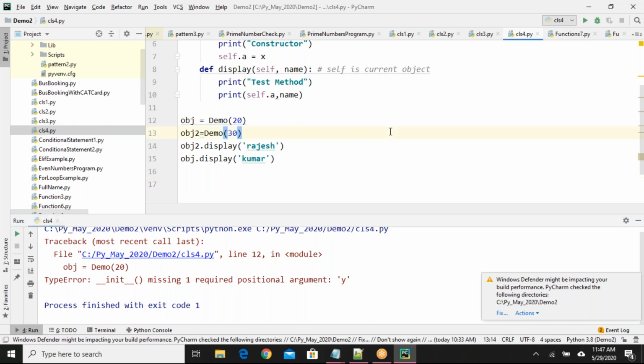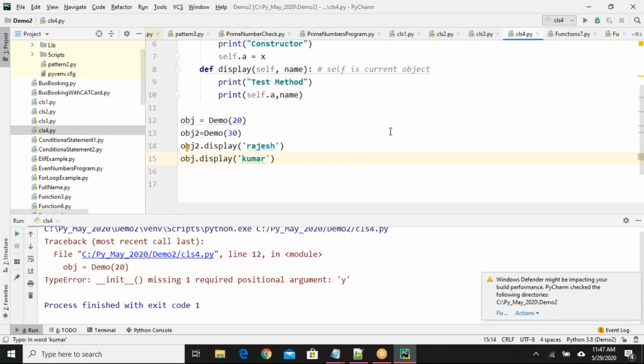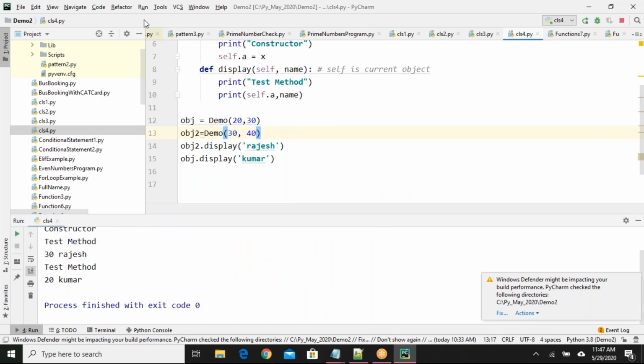Actually, there is one thing: even if you write more constructors, it will ignore the previous one. Only one constructor will be accepted. Even if you write several in the class, the most recent one will be considered and the previous one will be overwritten.